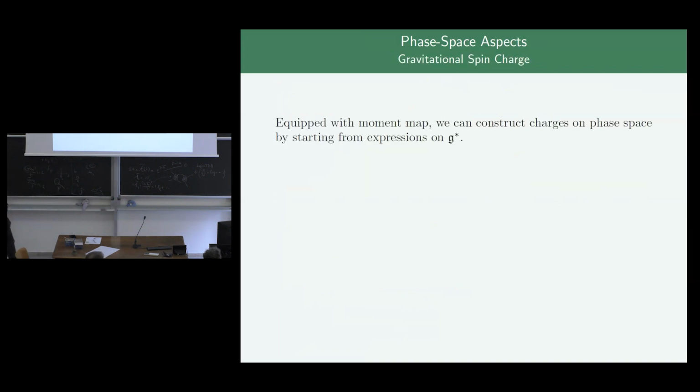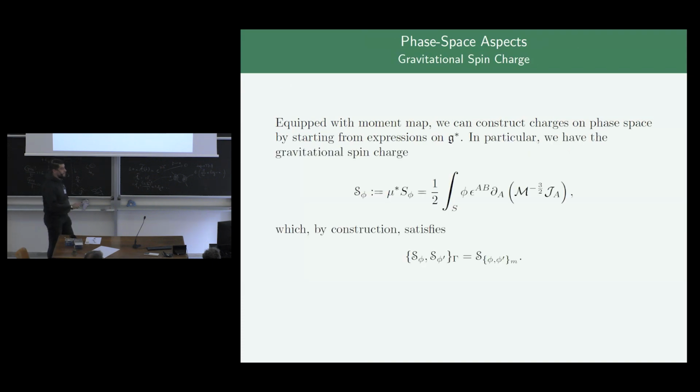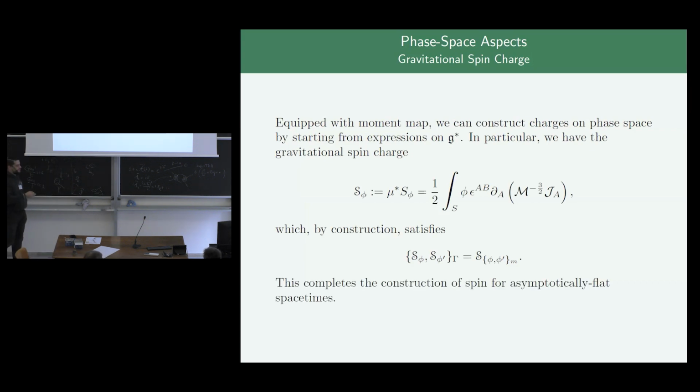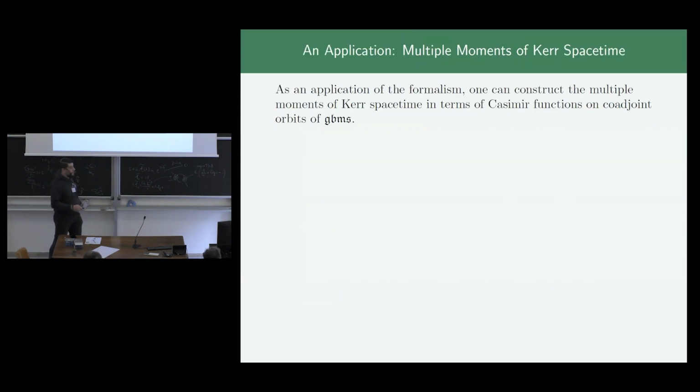And now we can construct the gravitational charges, because we have a map from the phase space to the dual, we can pull this quantity back to the phase space and construct the charges, which by definition, because the moment map is G covariant, satisfies this relation. This, according to this program, completes the construction of the spin. As an application,